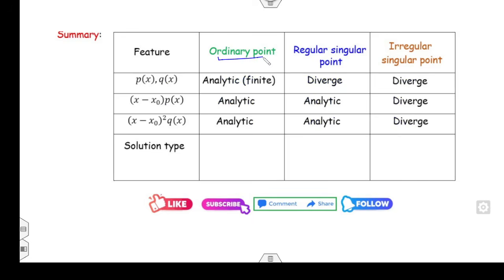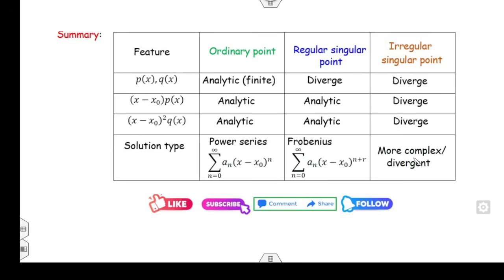Whenever the point is ordinary, you can always apply the power series method. When the point is a regular singular, you can apply the Frobenius method, and for the irregular we can never find the solutions. क्लियर।